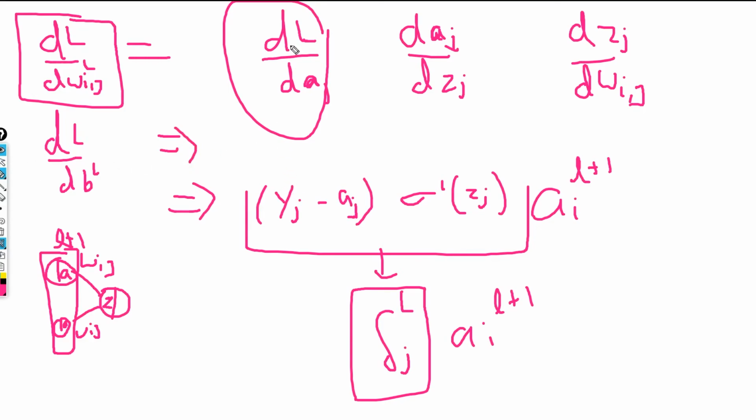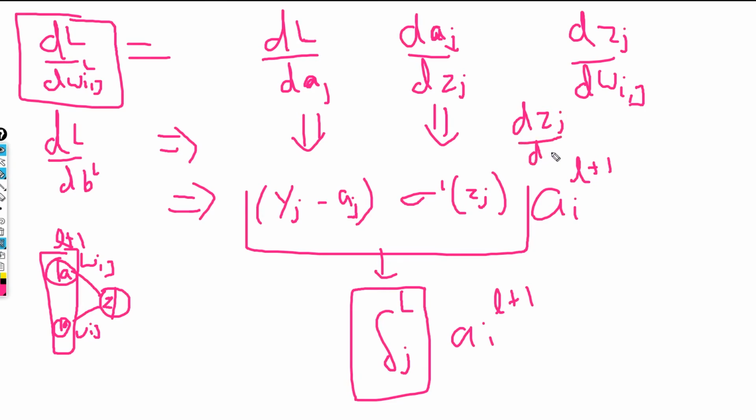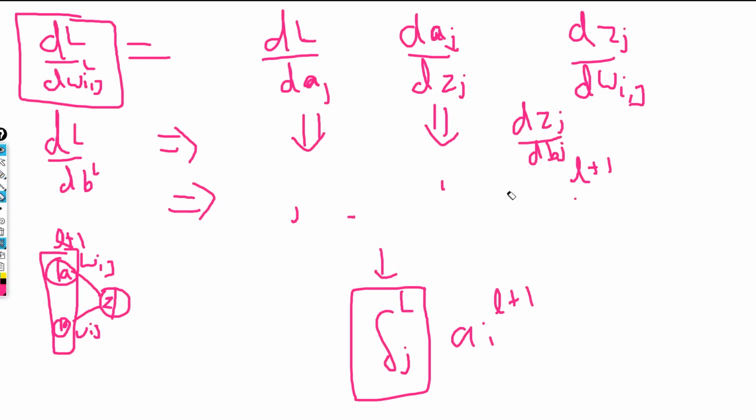Because of how it is going to work, let me show you. This part is going to be the same, this part is going to be the same, and only this part will have an effect, and that part is dzj divided by d of bj. dzj with respect to this. Let me just clear this area, it is getting a little bit messy.